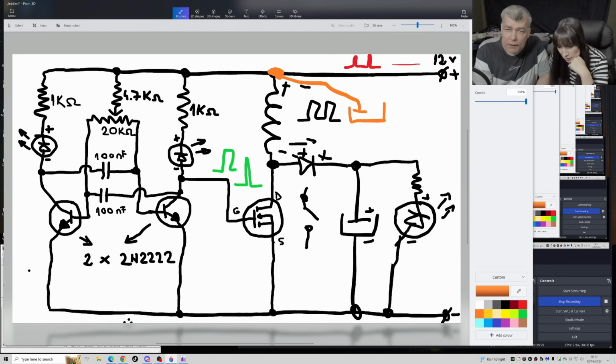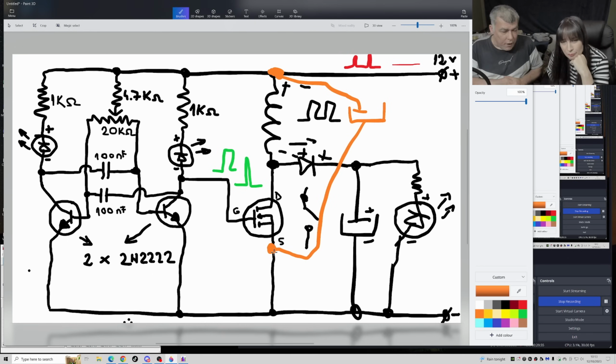Or even better, let's say from here to here. You are kind of right. But that's why, because not always you can place the capacitor exactly here and here. That's why in electronics,